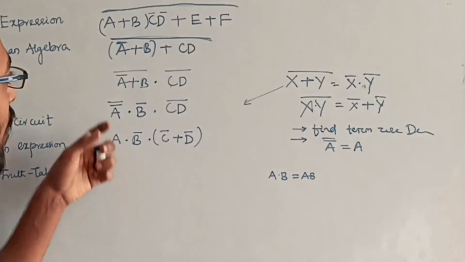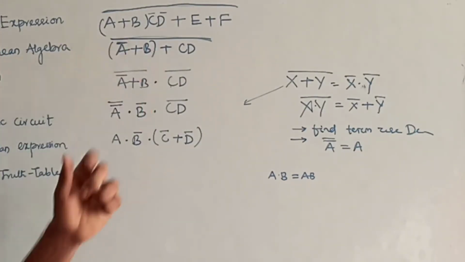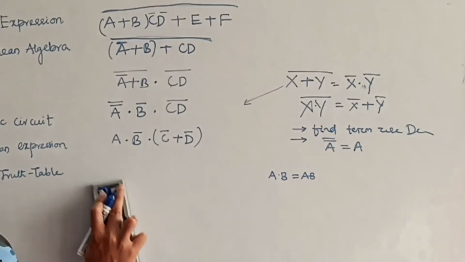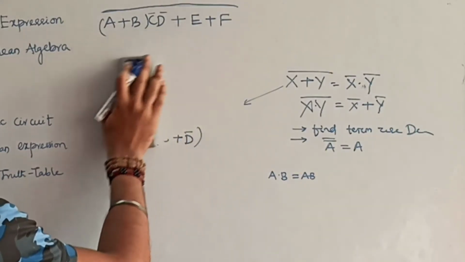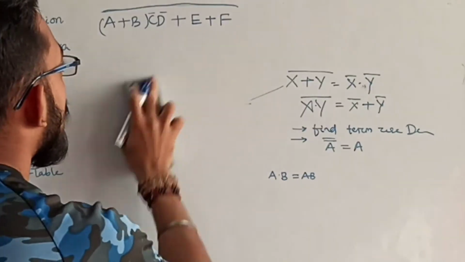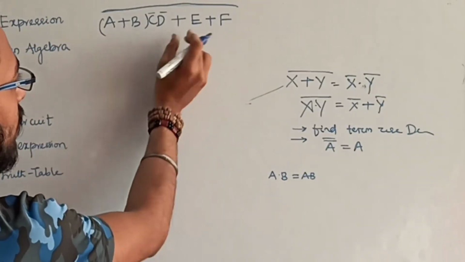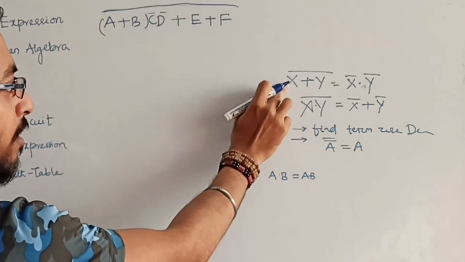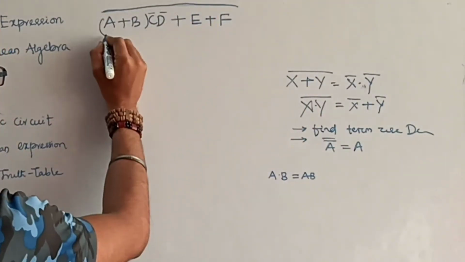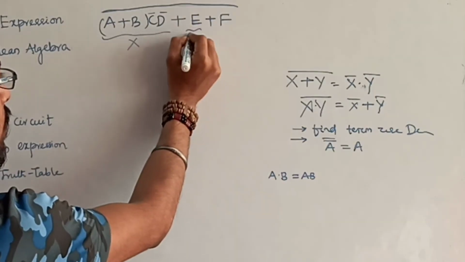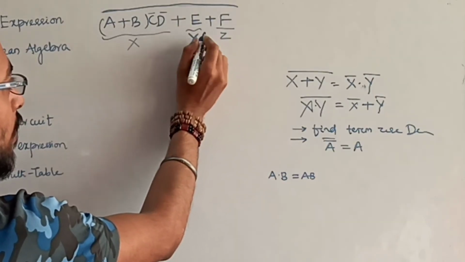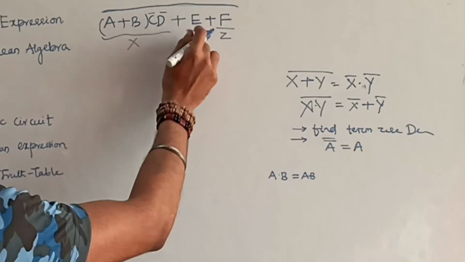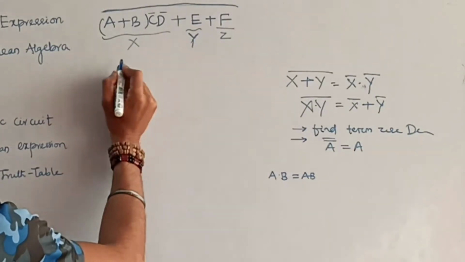Okay, so this is the output of this one, (A bar + B + CD) whole bar. We already applied the De Morgan theorem. Now the fourth one. It looks like this is one term, this is one term, this is one term. Three terms are added, or ORed. Then the bar is there. Then this is nothing but my x, y, z. Always try to find this type of term upon which you can apply your De Morgan.